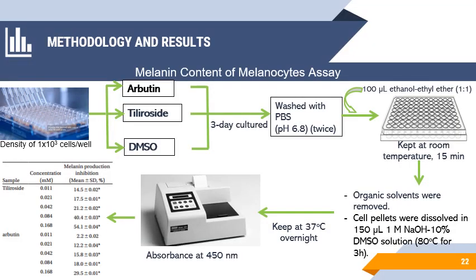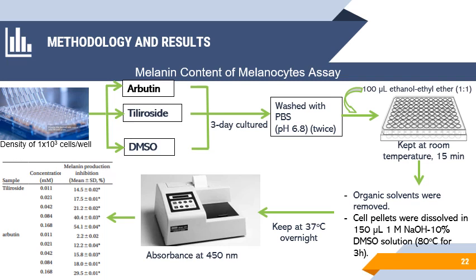Then next, we can calculate the melanin content of melanocytes by this assay. In a 96-well plate, with a density of 1,000 cells per well, arbutin, Tiliroside, and DMSO are added and cultured for 3 days, then washed with PBS at pH 6.8 twice. Then add 100 microliters of ethanol and ethyl ether at 1 to 1, and keep at room temperature for 15 minutes, and then the organic solvents were removed and the cell